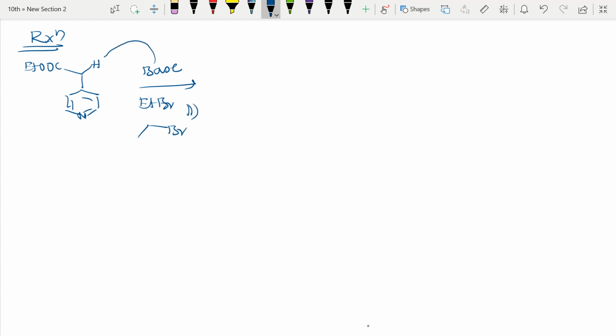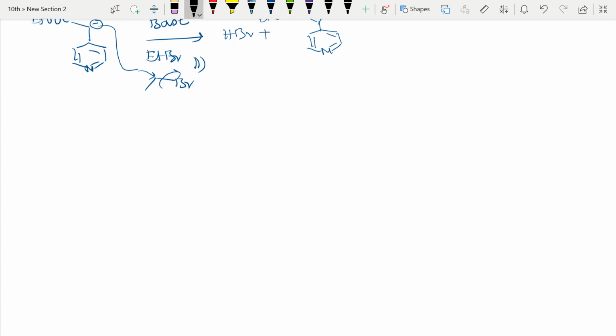So this base will take this proton, right? So what happens, this proton leaves the system and this carbon gets negative charge. That carbon will react with this carbon, SN2 reaction, and bromine leaves the system, and that H plus and Br minus form HBr, and the other thing we get is the target molecule, but here we call it a product. In reaction we call it product, in retrosynthesis we call it target molecule. Similarly with intermediates, in reaction we call them intermediates, but in retrosynthesis we call them synthons, right?